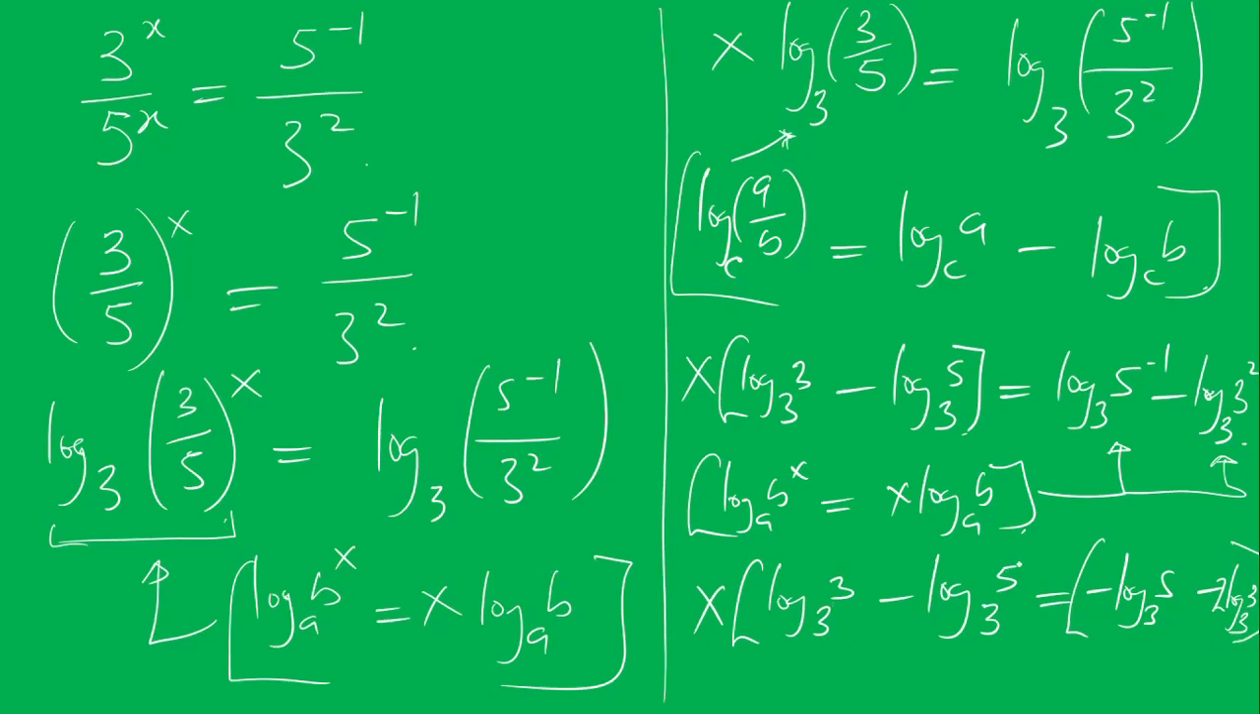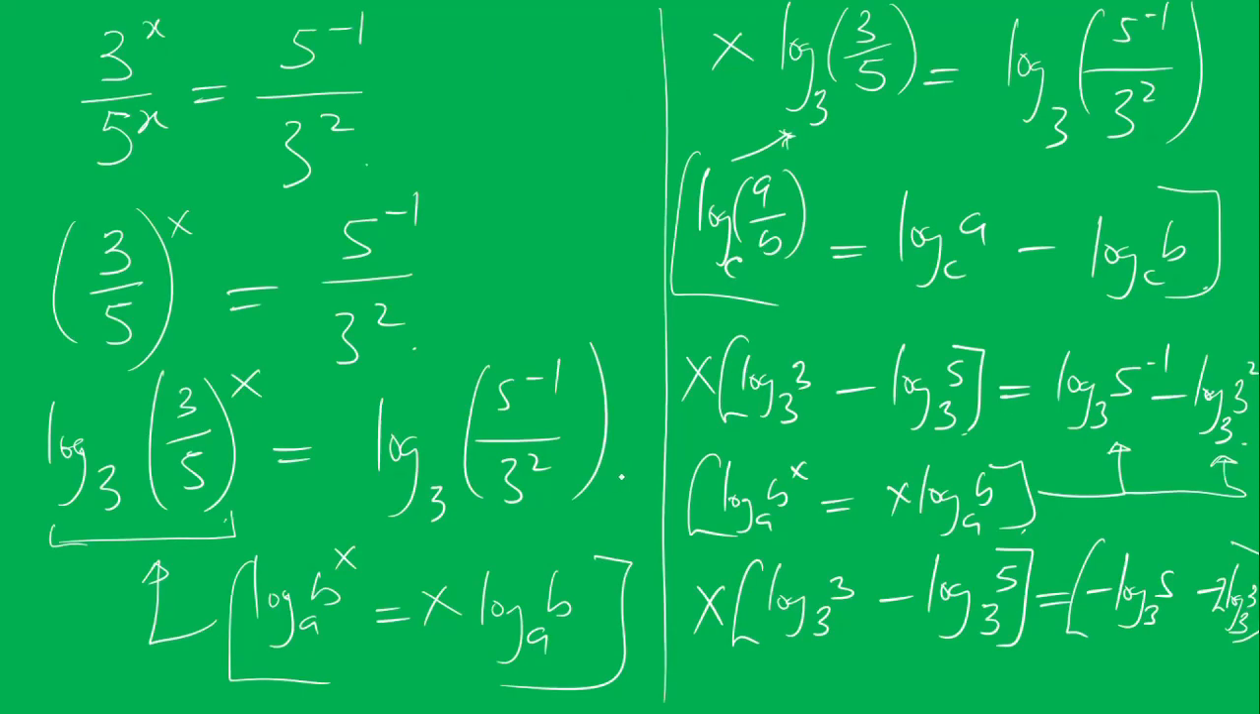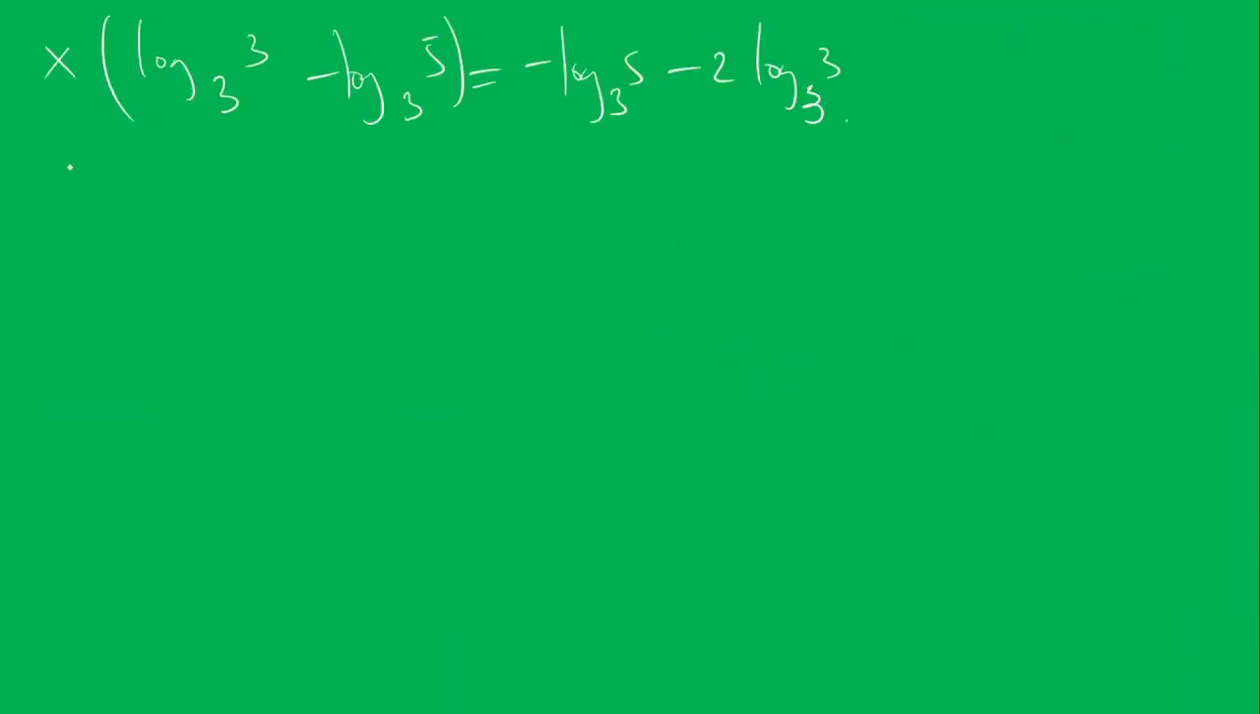Now that means you now have x into log 3 base 3 minus log 5 base 3 is equal to minus log 5 base 3 minus 2 log 3 base 3. Let me check. Okay. Now that means we now have